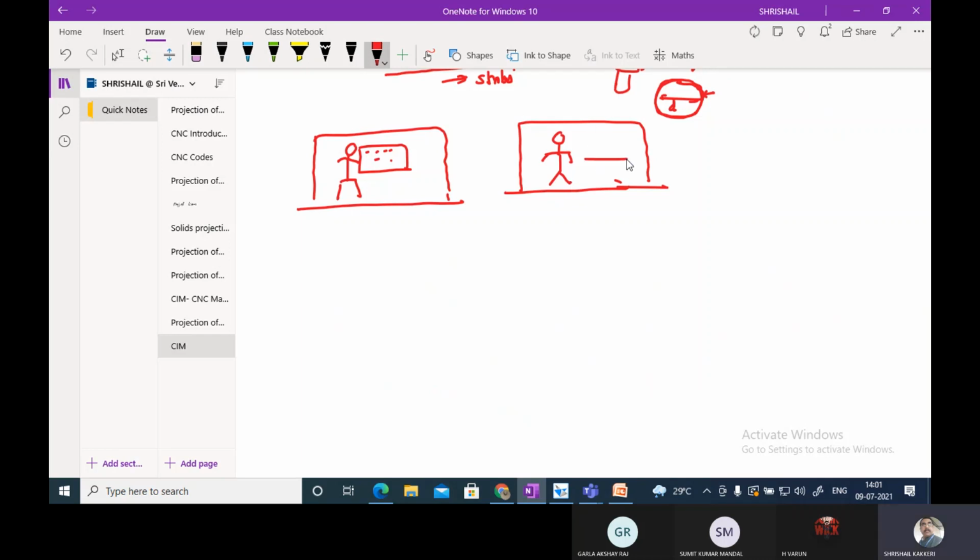I am standing in a canteen to have the tea. I am standing in the canteen. But you people, what will you do? You will be recognizing me. The recognizing technique is that you are not going to remember me along with the background. You are going to extract my image, and that image will be stored in your mind.